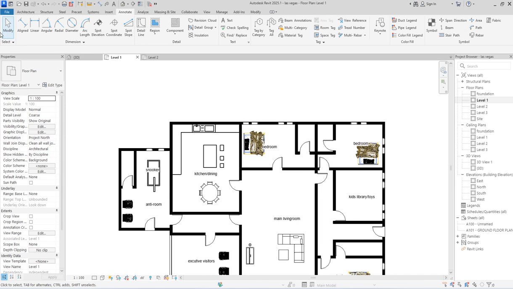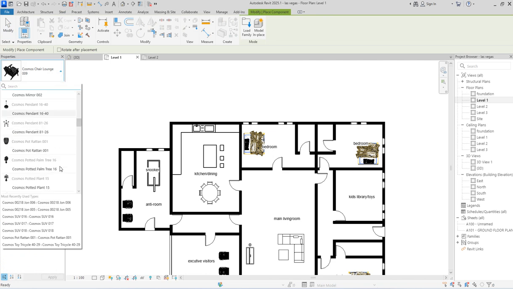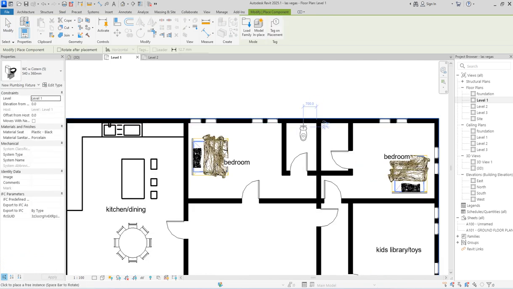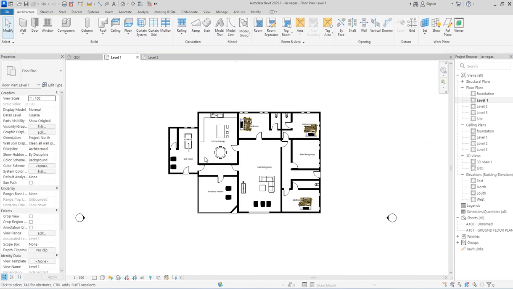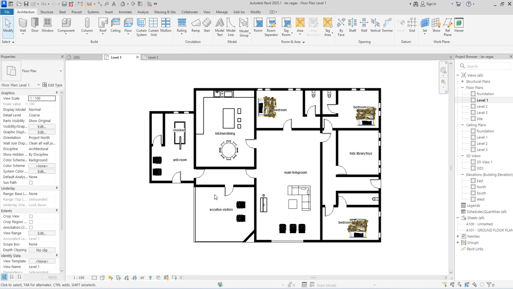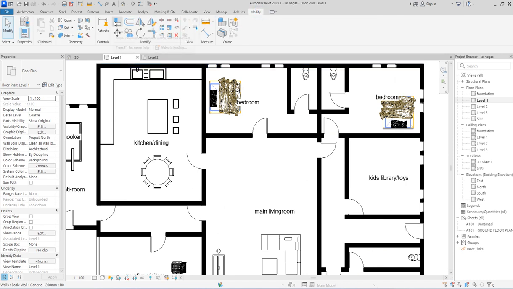So what else do you need to do? Let us focus on the toilets and the baths. So get the component, select, search for this, then place it. These are the ones that I normally use. We have a lot if you have interest. You can go and learn where to get templates from YouTube for Revit. I have done a lot of videos, like 2 or 3, about it. So check the channel and you will see it.